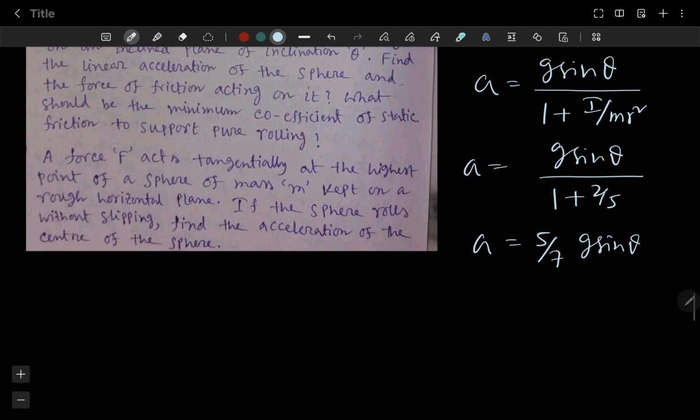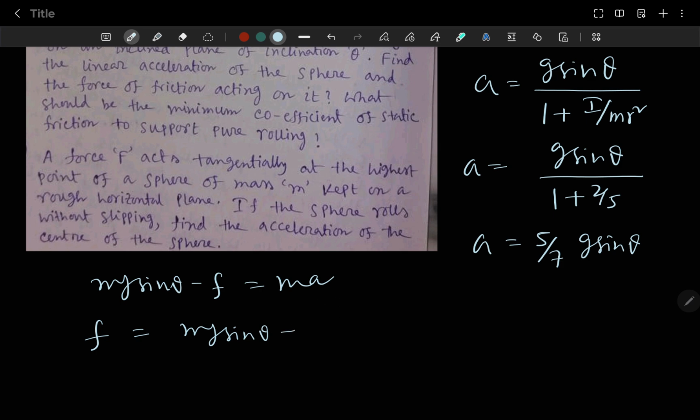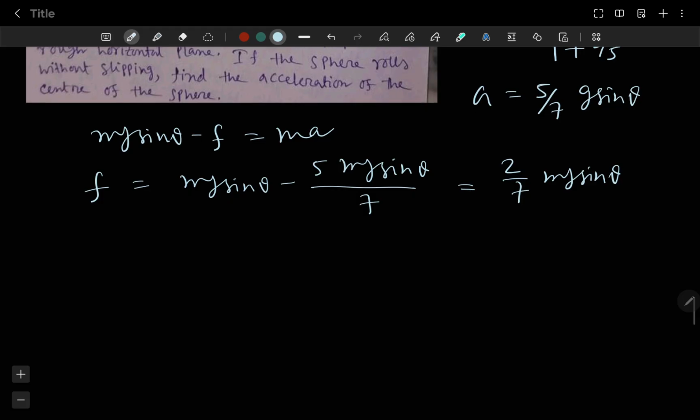And the frictional force acting on it. So mg sine theta minus f is ma. So what is f? mg sine theta minus, put the value of a, 5 mg sine theta by 7. So it will be 2 by 7 mg sine theta, frictional force. Okay, so